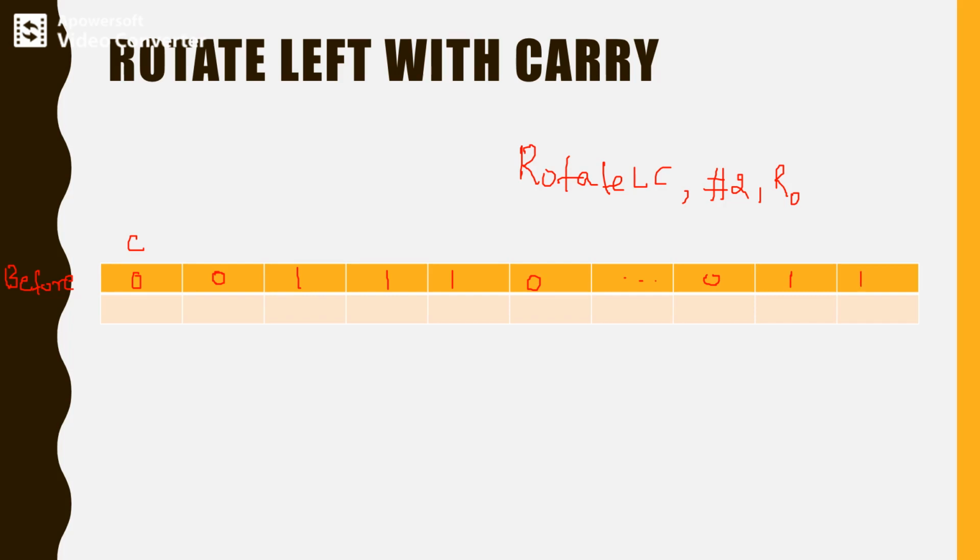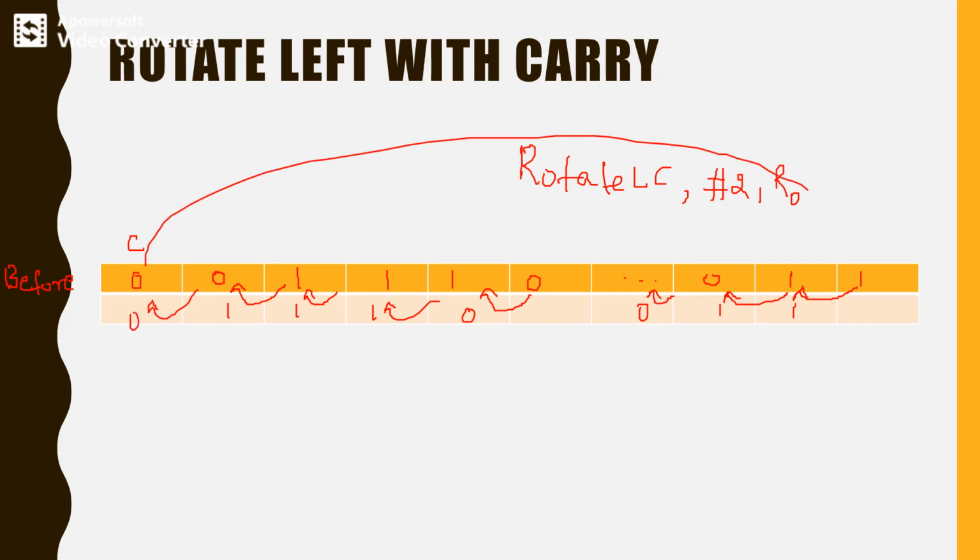We have to perform the rotate operation twice on the processor register. Now this 1 will come to the previous location, this 0 will come to the previous location, and this is 1 with carry 0. This carry will come to the last location, 0. So this is after performing the first iteration.